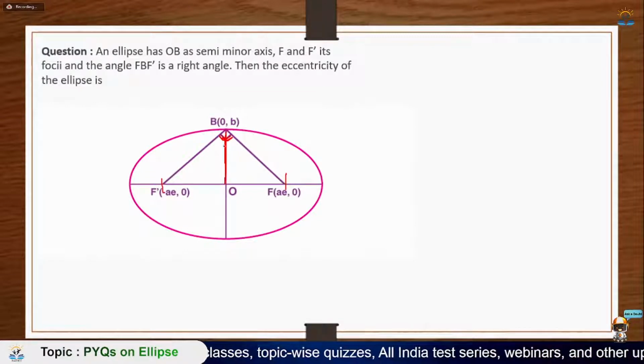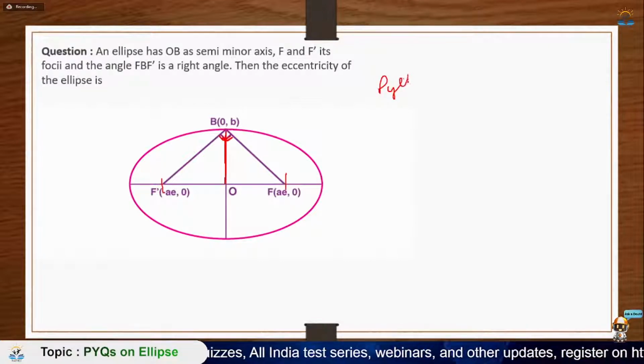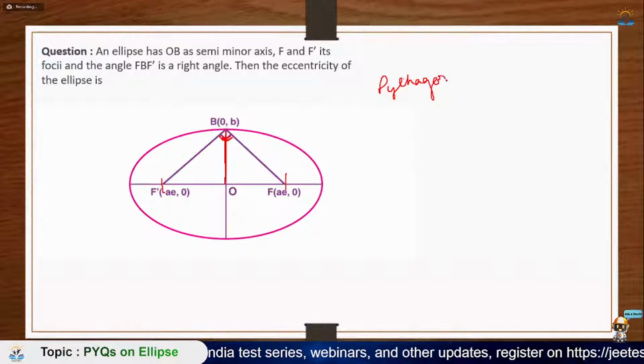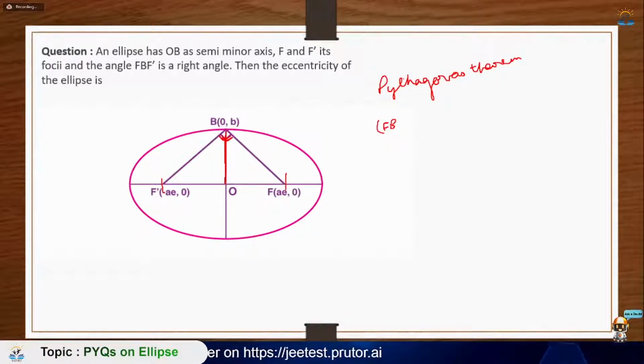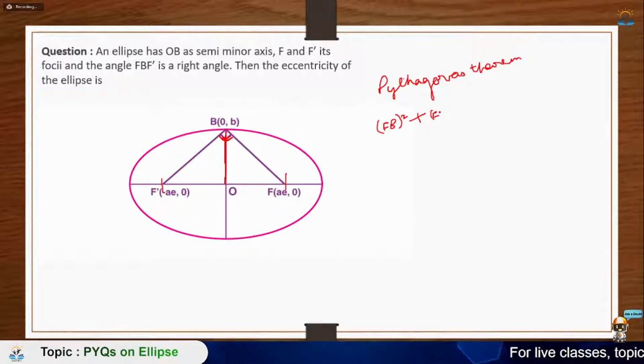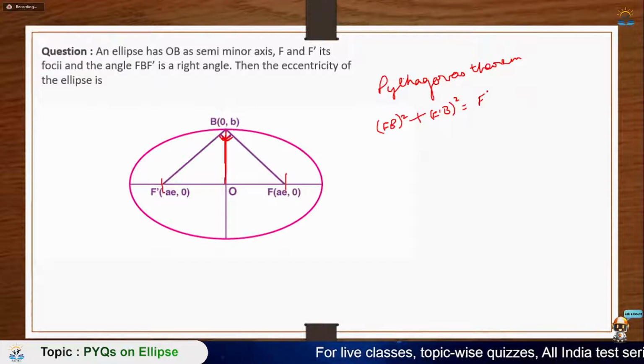ओके, तो सबसे पहले तो मैं यहीं पे राइट एंगल ट्रायंगल वाली इक्वेशन लगा देता हूँ। दिस डिस्टेंस प्लस दिस डिस्टेंस इज इक्वल टू दिस, मतलब पाइथागोरस थ्योरम लगाता हूँ मैं। लेट्स अप्लाई पाइथागोरस थ्योरम। ओके, सो पाइथागोरस थ्योरम क्या होगी? एफ बी स्क्वायर प्लस एफ डैश बी स्क्वायर इज इक्वल टू एफ डैश एफ।